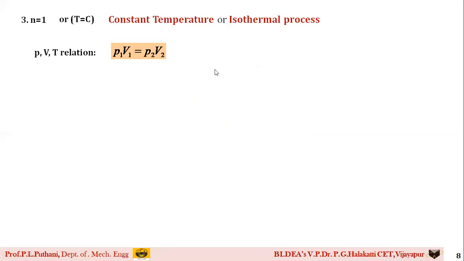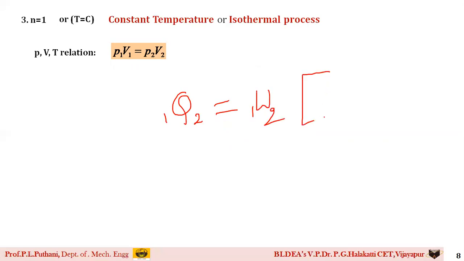Always do remember, students, take a note. Always for an isothermal process, the heat transfer Q1 to 2 is always equal to the work transfer W1 to 2, provided, as I said, the temperature remains constant or it is an isothermal process. So please do keep in mind. If you calculate the heat transfer equation for an isothermal process, the value is equal to the work transfer itself.